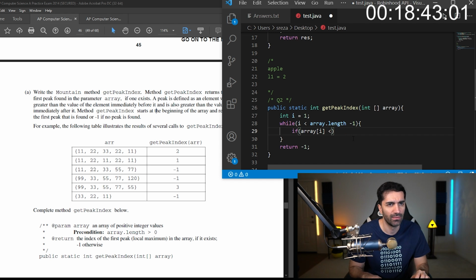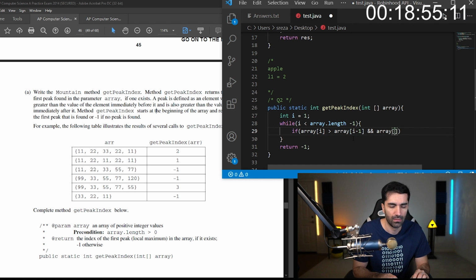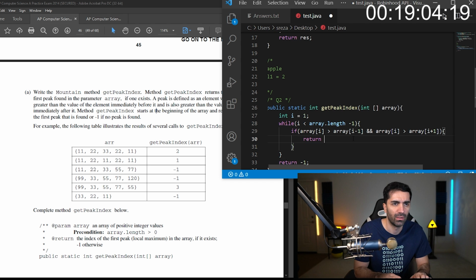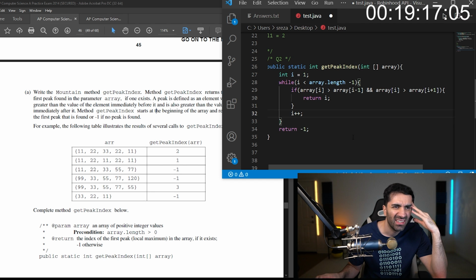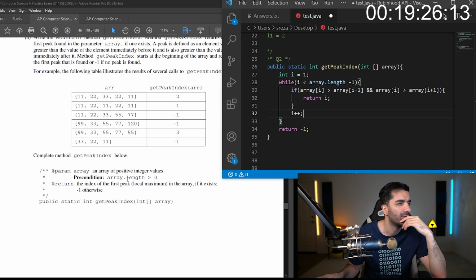We'll just do, if it's greater than the element before it, and if it's also greater than the element after it, then we want to return I. Otherwise, we're just going to increment I. Is that it? I think that's it. Okay.